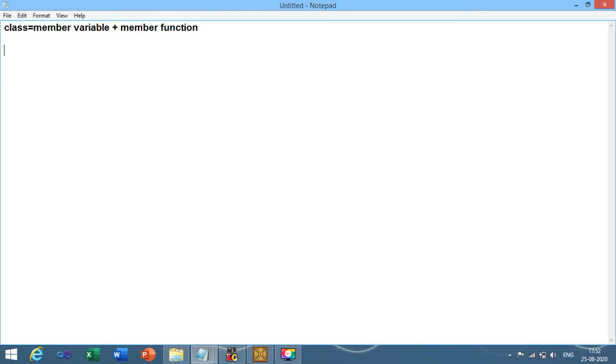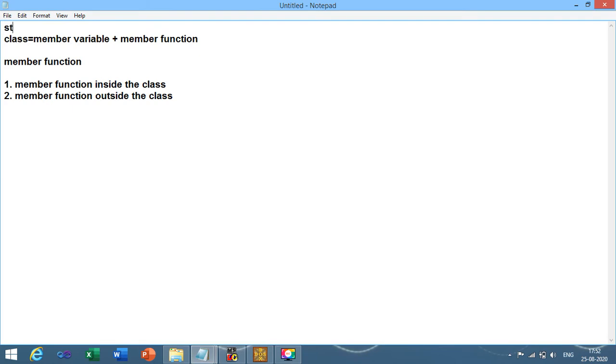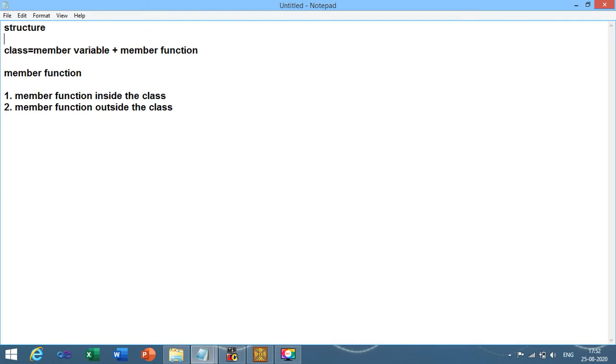Now there are two types of member function using which you can define: number one, member function inside the class, and number two, member function outside the class. This portion we have already completed, and initially we started this unit with the examples of structure.